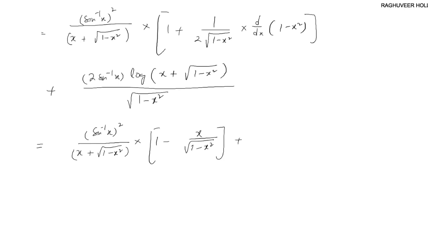now you have the second term, which is 2 sine inverse x, right, and this is a log of (x plus root 1 minus x square), right? So this whole thing divides by square root of 1 minus x square. Okay, yeah. Further,